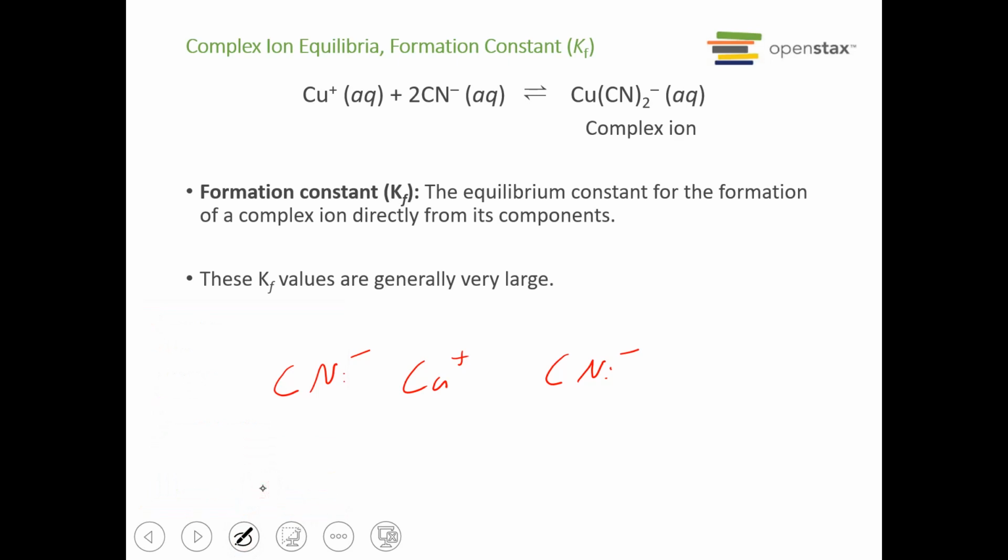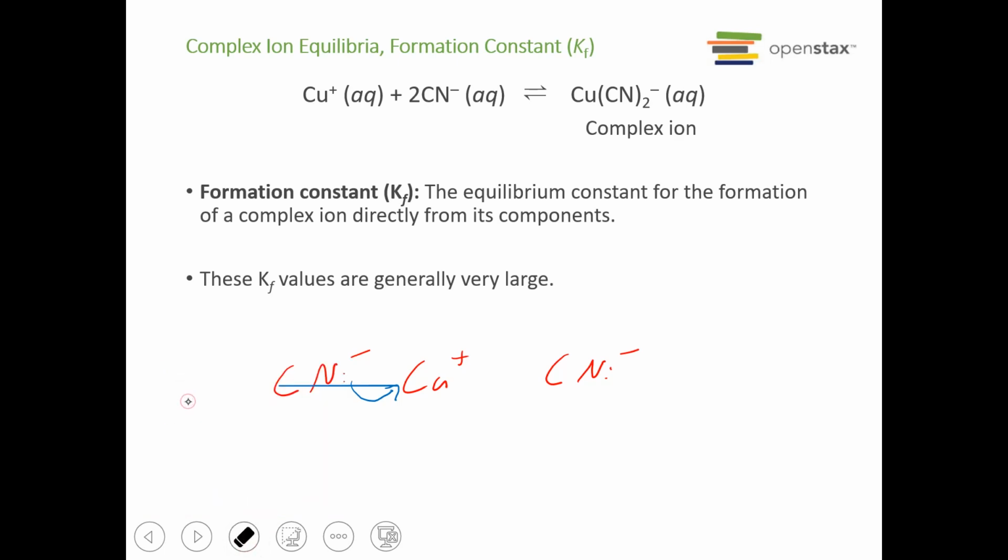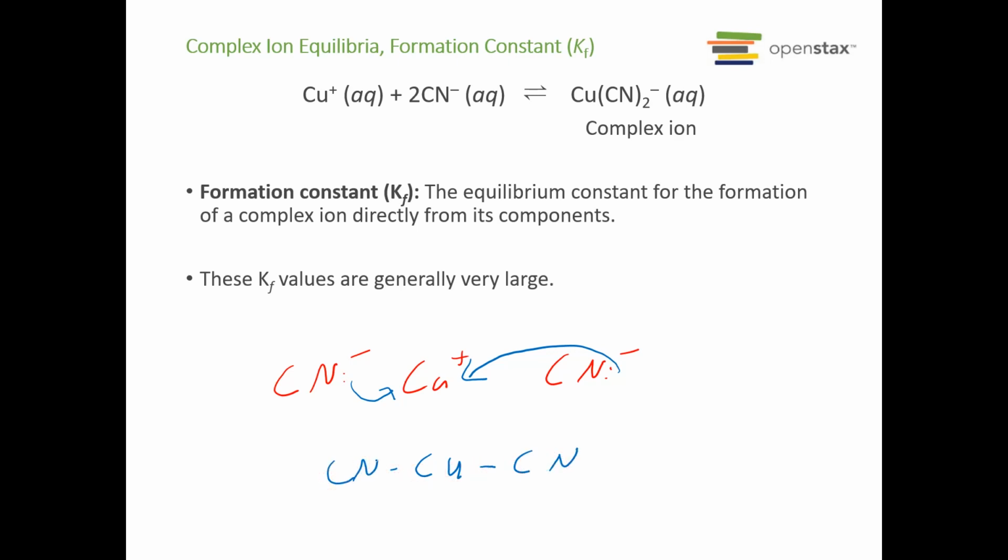So each one is going to act as a Lewis base and donate a pair of electrons to copper. So we would get a positive and a negative is 0, but then we have this negative charge here. So that gives us a total of 1 negative